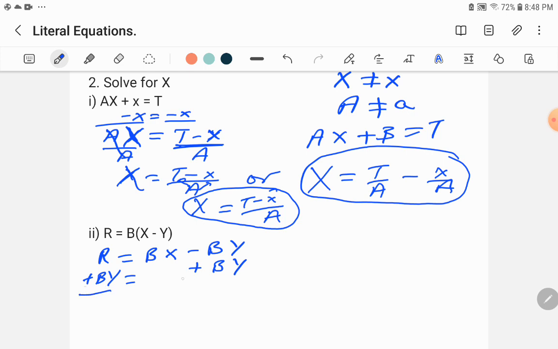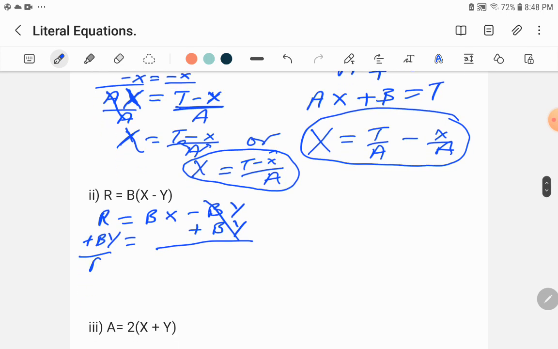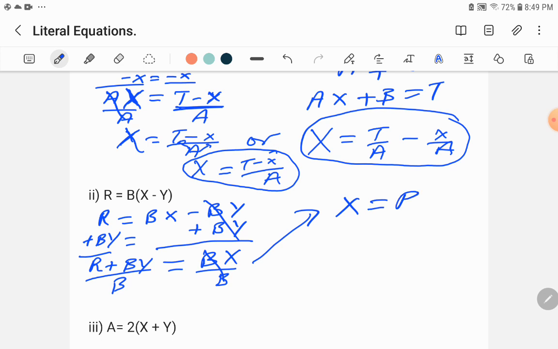Okay, now we have our total bar. So by cancels over here on the right. And then we have r plus by equal to b times x. We want to solve for x, so divide by b. Here that gives us x equal to r plus by over b, or